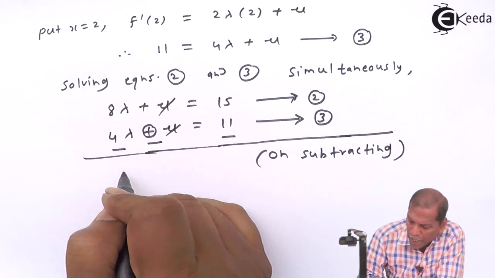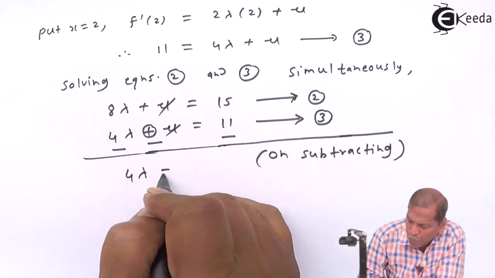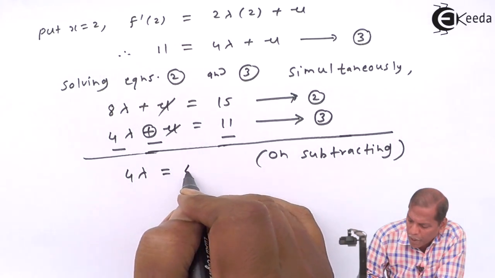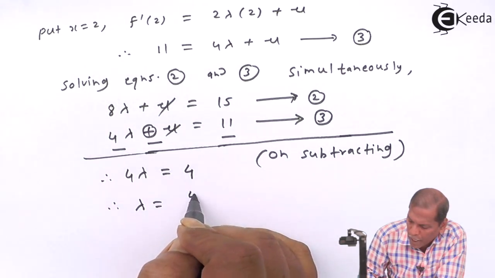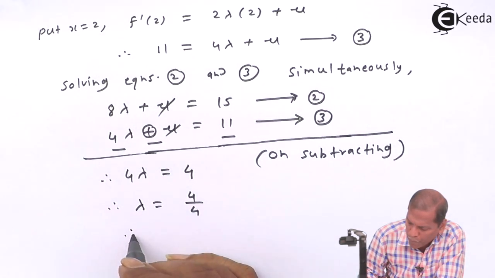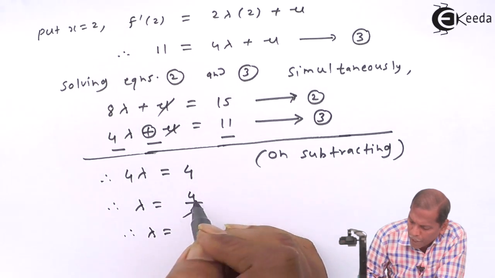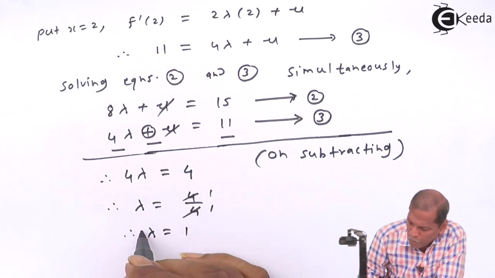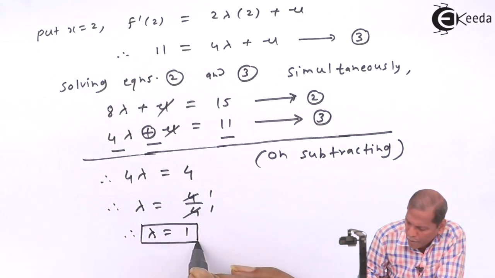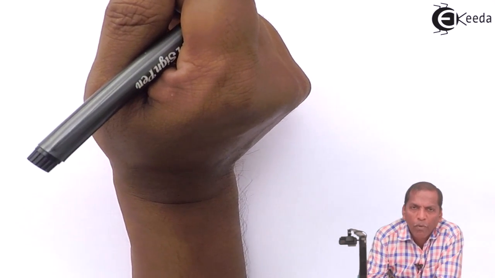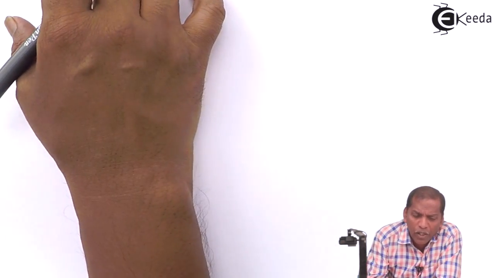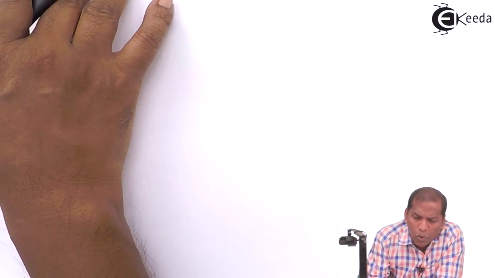Now 8λ minus 4λ gives us 4λ. 15 minus 11 equals 4, and therefore λ = 4 upon 4, and finally 4 ones are 4, so we get λ = 1. Now substituting the value λ = 1 in equation 2, we get